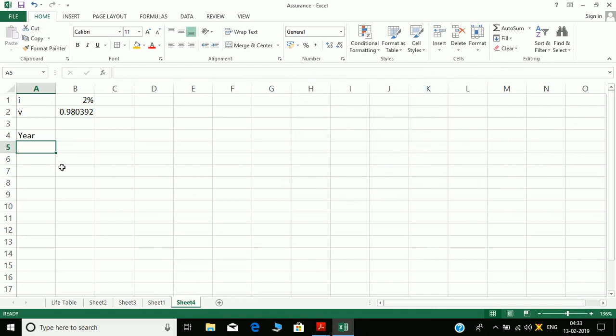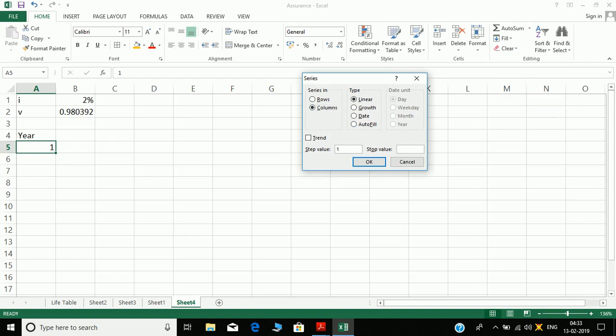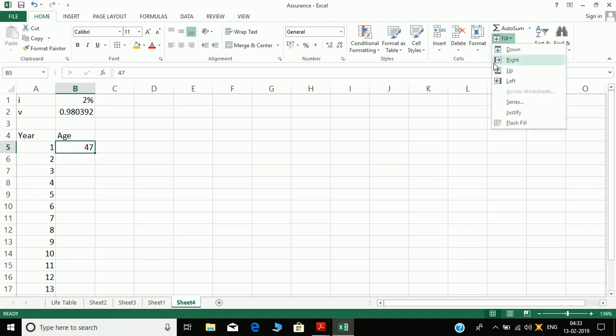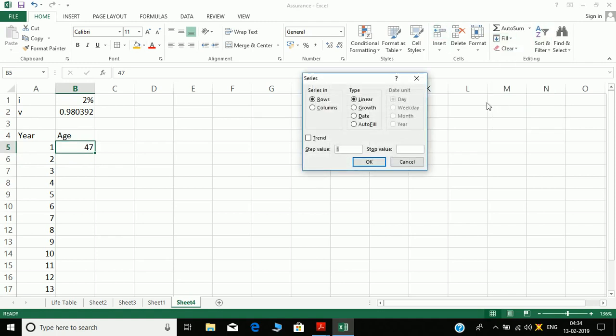Again I did not write 1. Only after we write 1 will this fill work. Fill, series, columns, stop value is 15. And then I have age. Age is 47 starting and 47 plus 15, 62. So my columns will go up to 61.